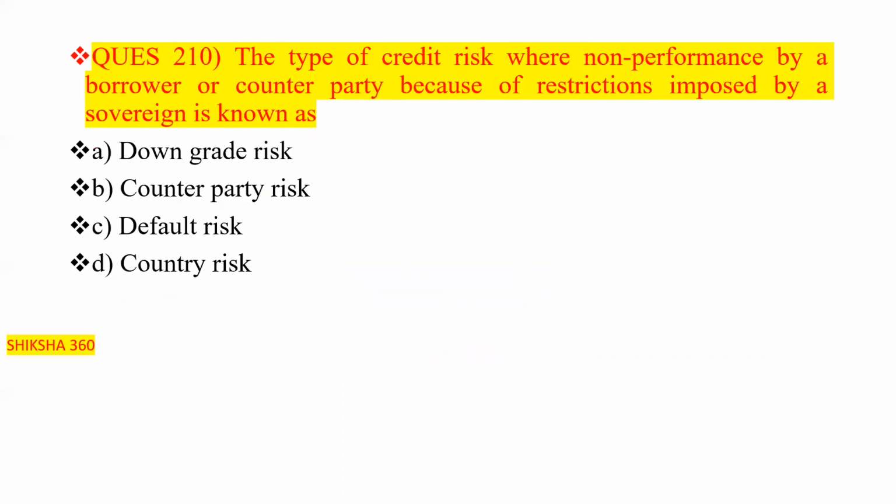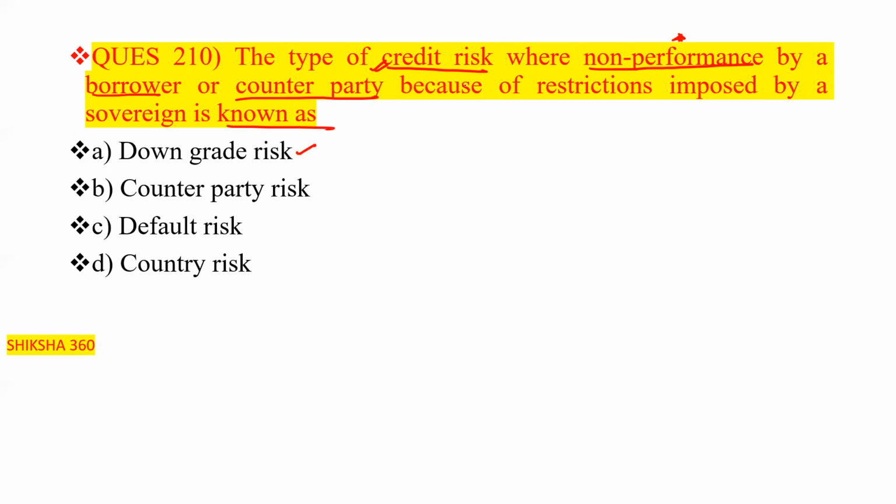The first question of today's discussion is presented on your screens now. The type of credit risk where non-performance by a borrower or a counterparty is because of restrictions imposed by a sovereign, or we can say because of a country. So the type of credit risk where non-performance by a borrower or counterparty is because of a restriction imposed by a sovereign, it is known as